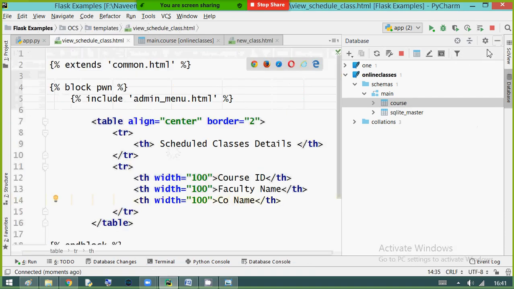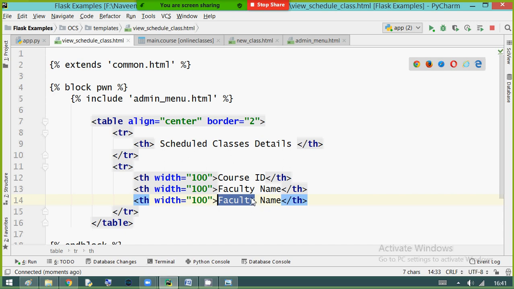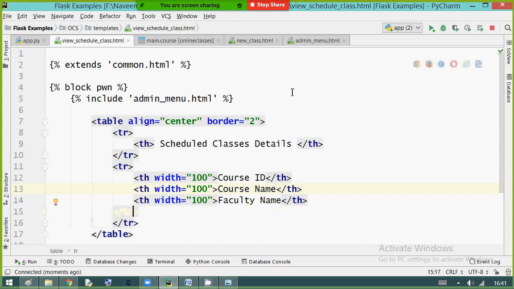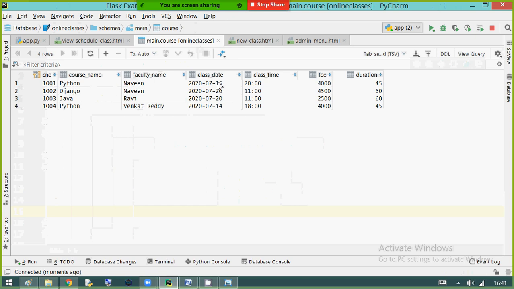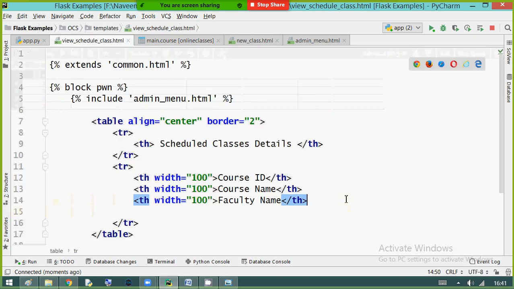So I do that change here. This one I am changing to course name. Course ID, course name, faculty name. After faculty name, class date, time, fees.